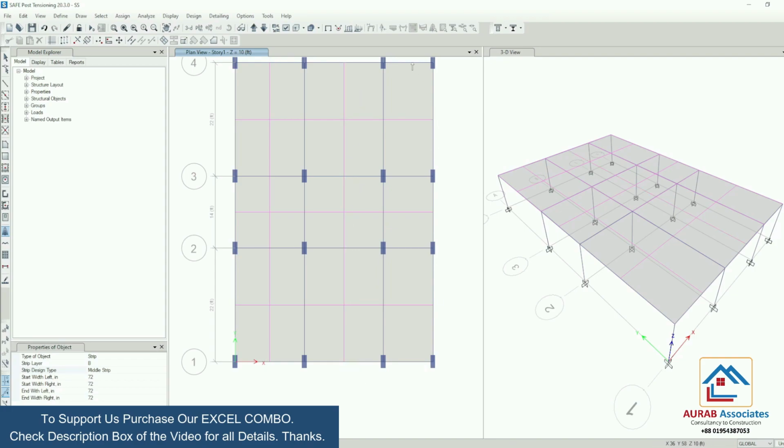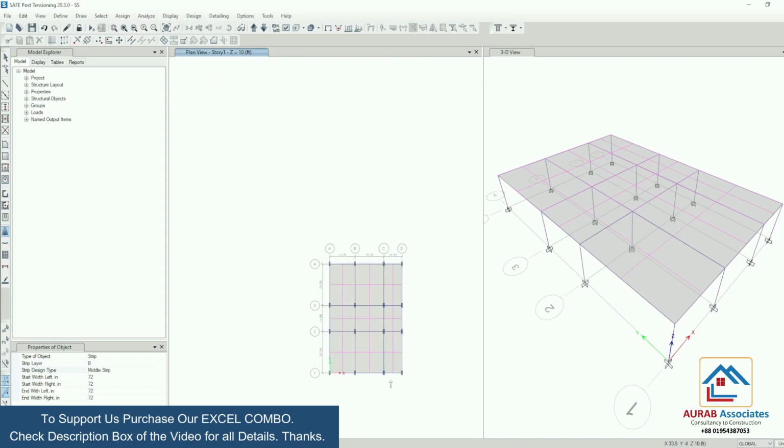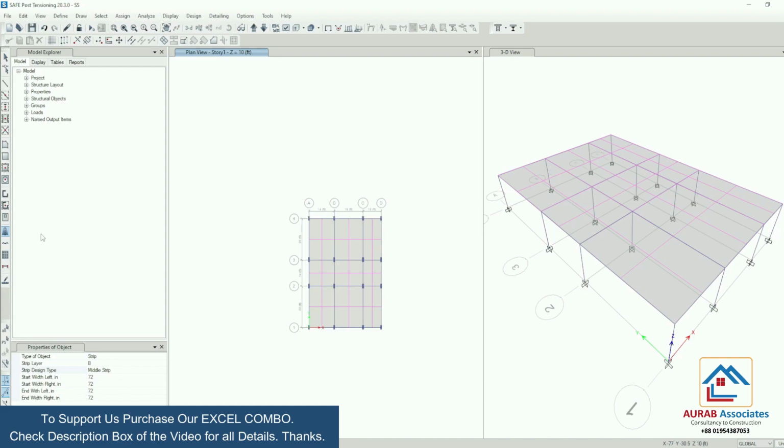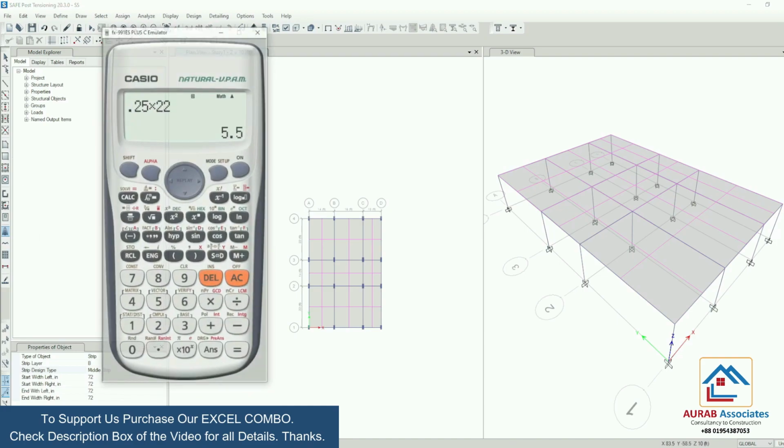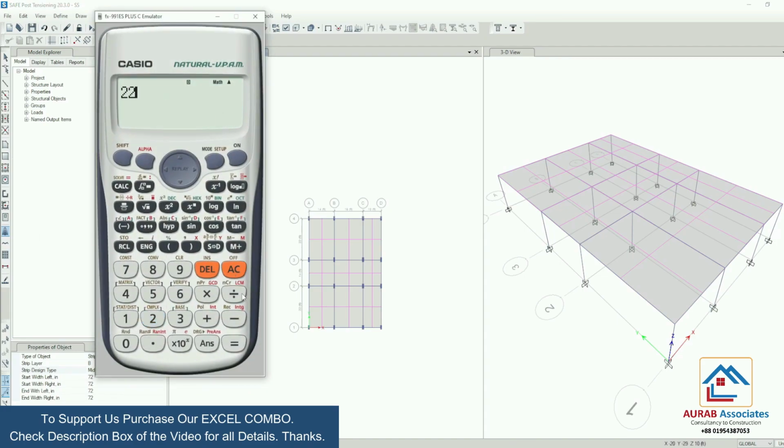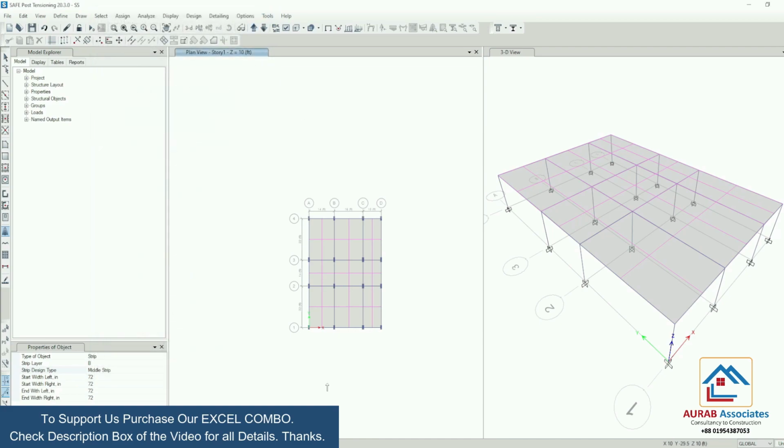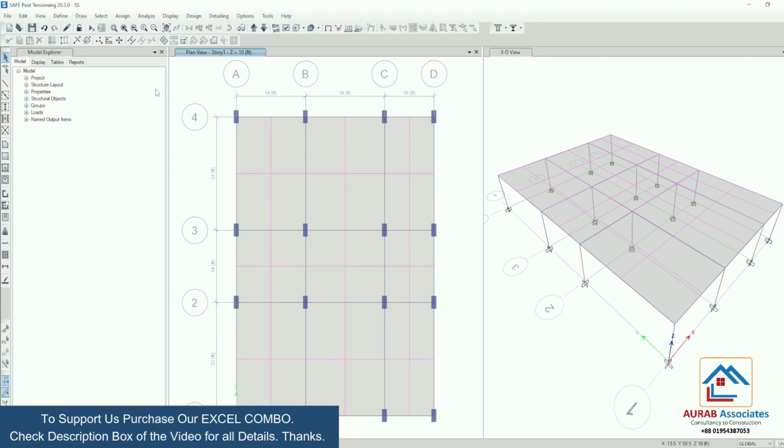Here I am just using L by 4. You can also use L by 3, which will be more better. Okay, that means here I have divided this span by 4, right? You can divide this one by 3. In that case we could take design strip of 7.3 feet. Not a big deal. Now we will go for analysis.